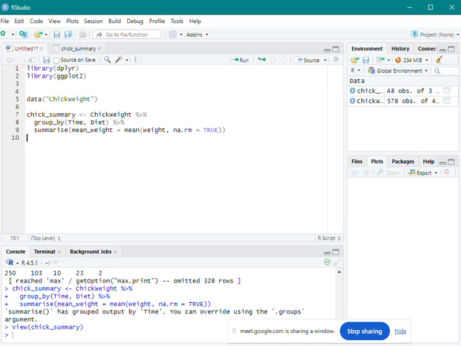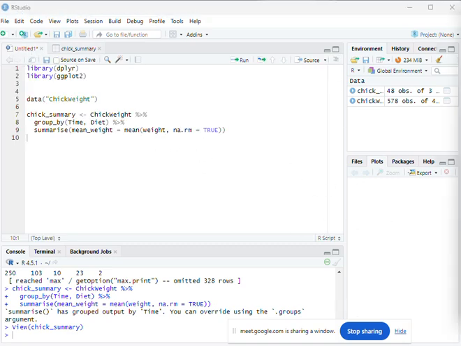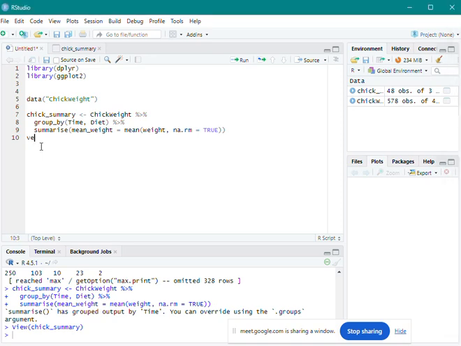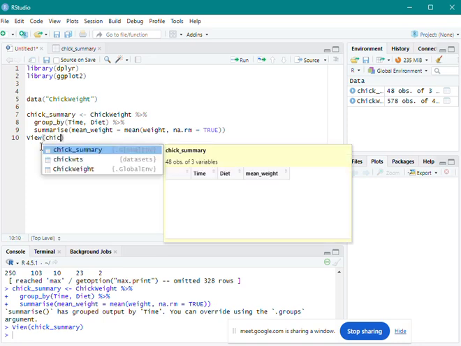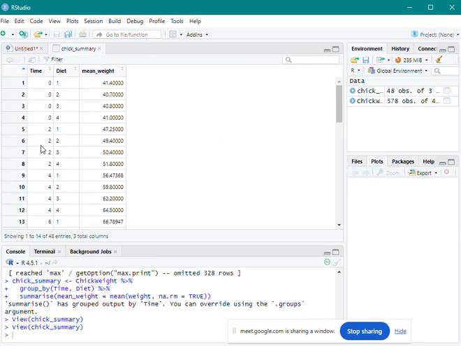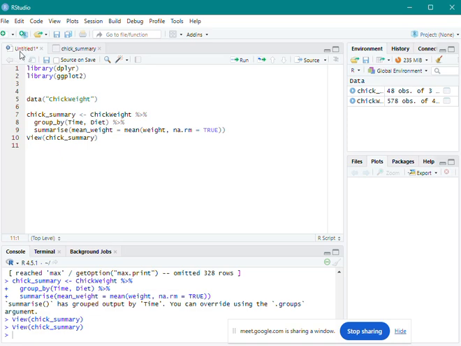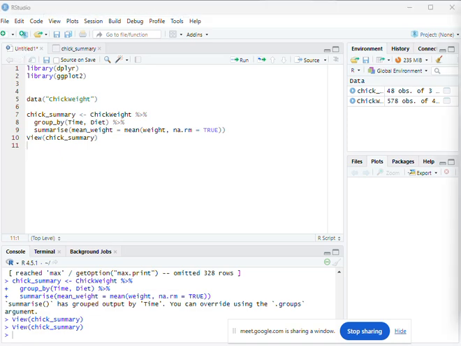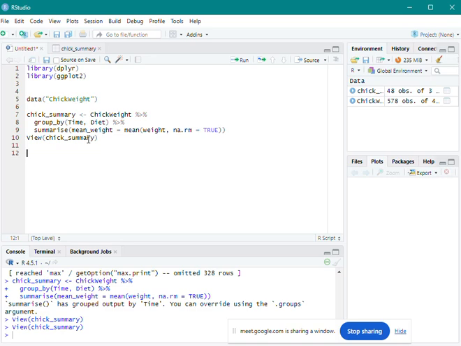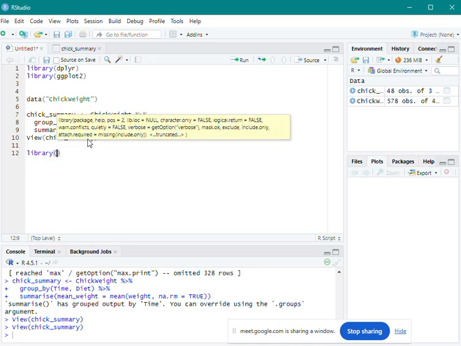Now we will just view it. You can also view it this way: View, chick_summary. If you run it, it will show just the same. Now to export our data, we simply use the package writexl. Since I already have that installed, you don't have to install it again.